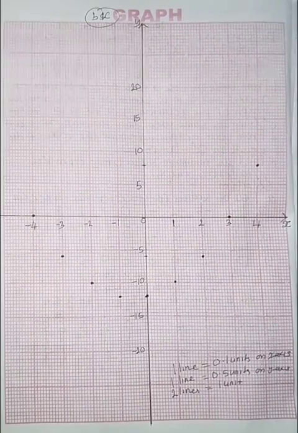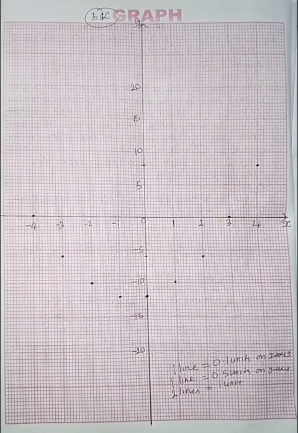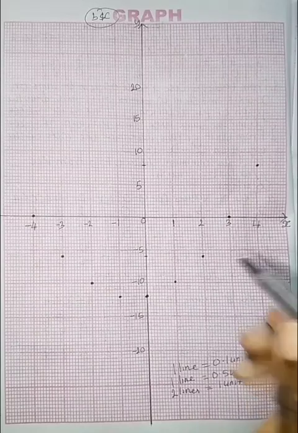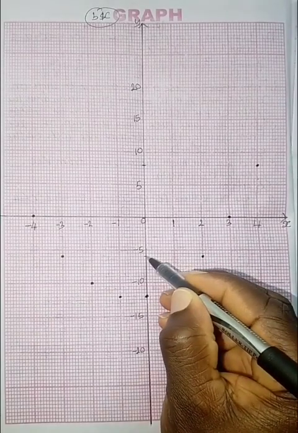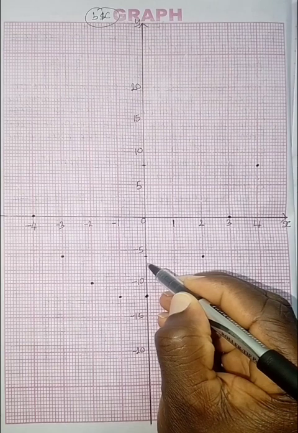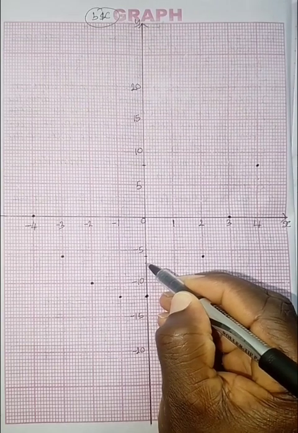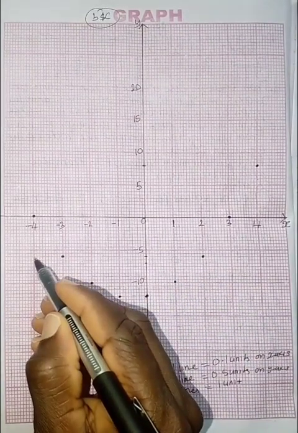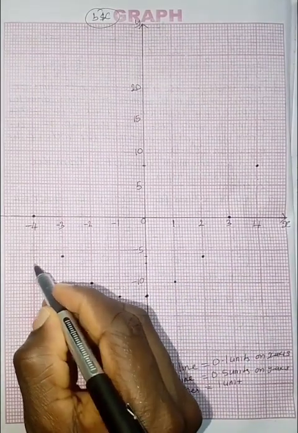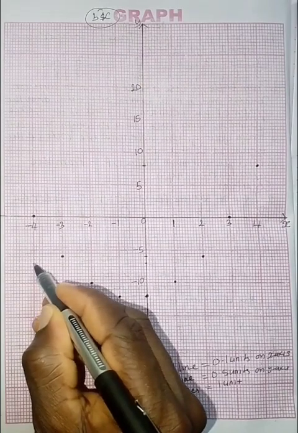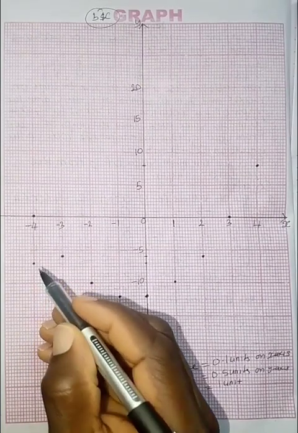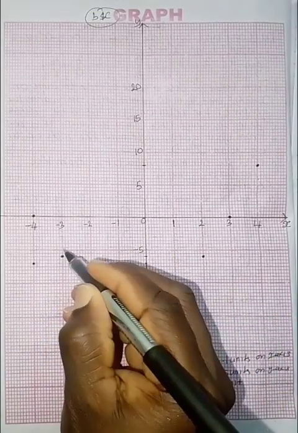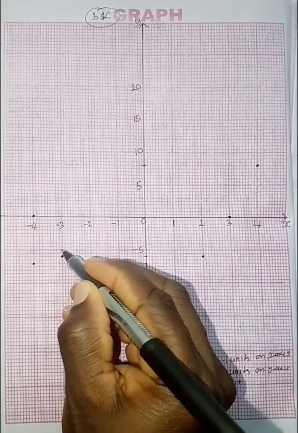For that table of values, when x is minus 4, y is minus 7. Okay, this is minus 6. Here will be minus 7. You trace it to minus 4. So from here, minus 6, minus 7 is here. So you do that. Okay, minus 3, minus 5, that is somewhere here,